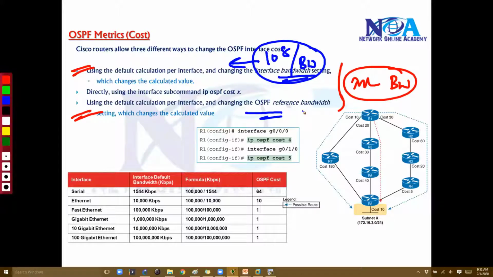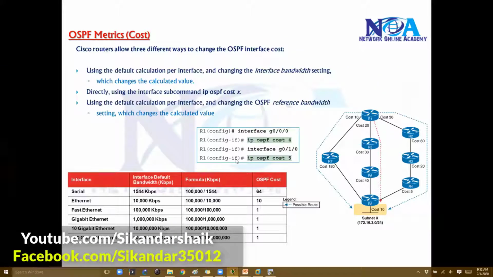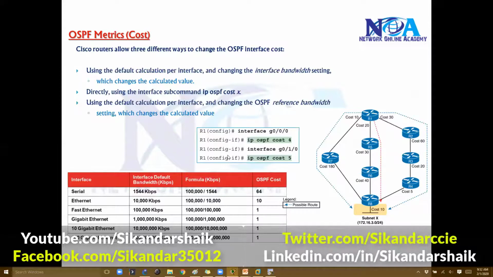So here it is 10 to the power of 8 divided by bandwidth, the default, or you can change to 100 gig also, like we did just now. Or you can simply go and set the cost. When you are setting the cost, it's like the manual cost. Basically, it is going to use the manual cost on each and every interface. So depending upon the options we use in our network configurations, the cost values will be derived